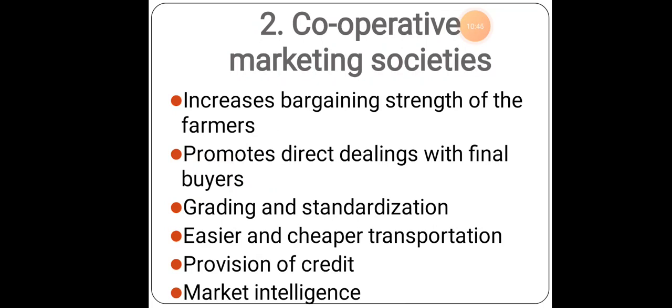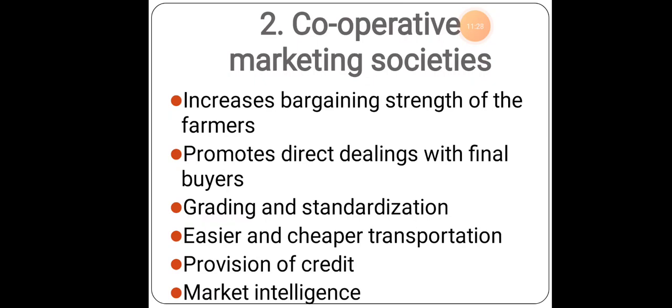How will the bargaining strength be increased? Suppose there are 4 to 5 farmers working cooperatively. Cooperatively in the sense, maybe for a kg of tomato, everybody will fix a price of 30 rupees. But normally in the market, there will be 5 members. If I go to a shop and ask for tomato, he will tell 30 rupees. When I go to the next shop, he might tell 15 rupees. So that is the variation. Those variations will not be there in the cooperative marketing society. Why? Because the price will be fixed by everybody, to take the bargaining process out of the particular marketing society.